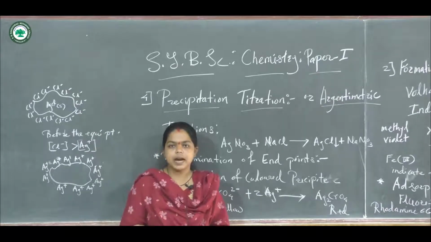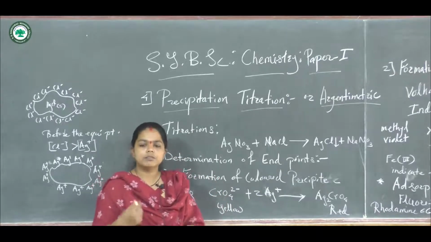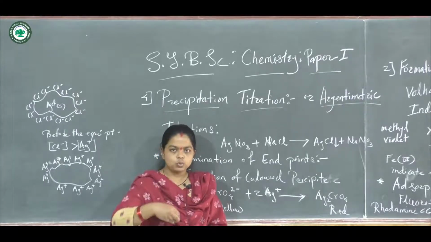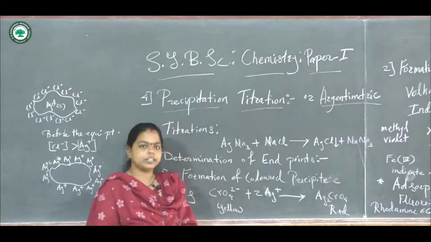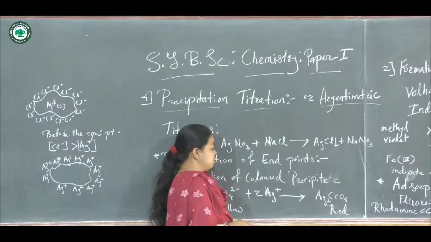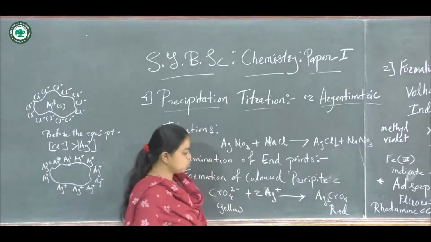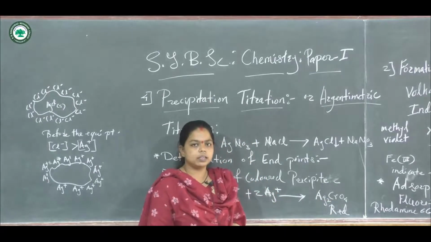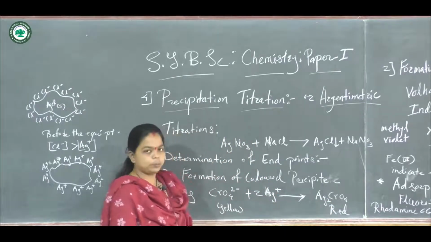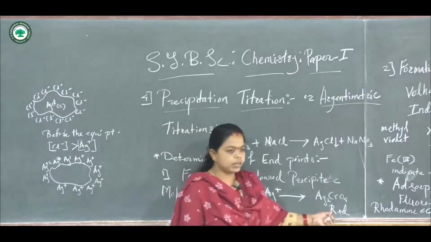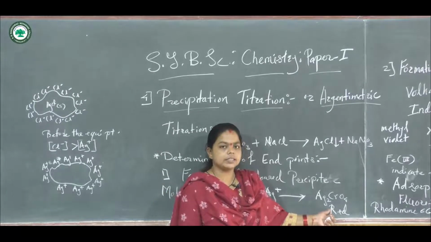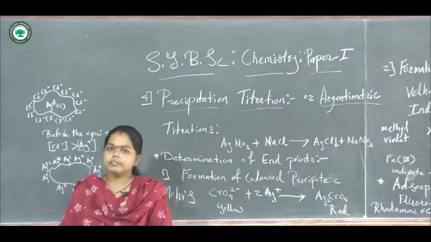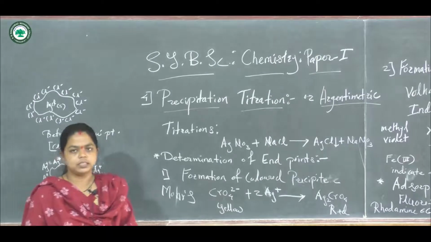When chromate is added in the conical flask, first it develops a yellow color. As we add the solution from the burette, the color slowly changes, and the silver ions react with the chromate ions, so we get a red colored solid. Formation of this red colored solid indicates the end point of the titration. This is a very simple method, and we can use potassium chromate as the indicator.